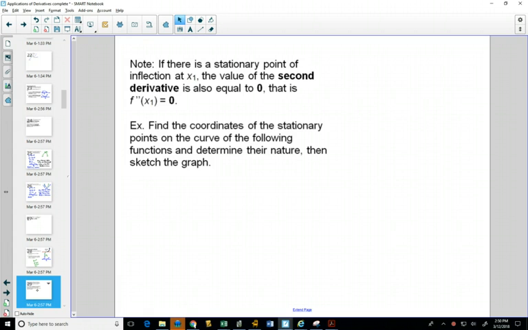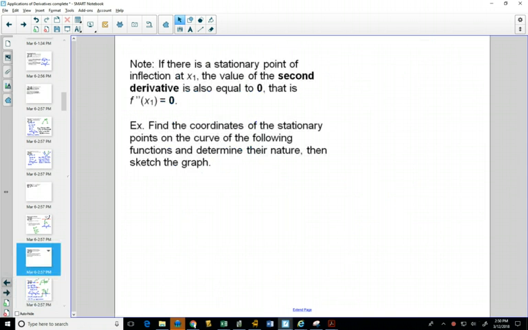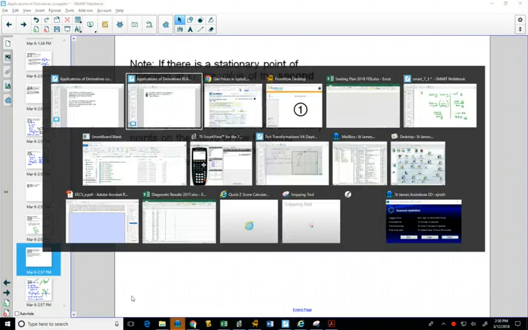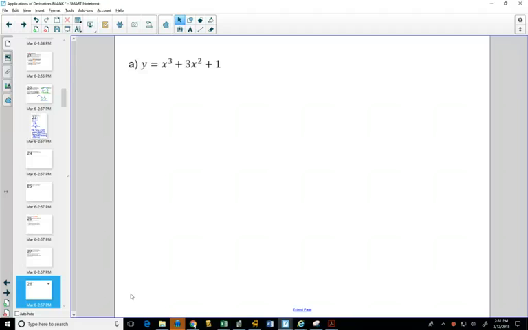So let's sketch a few graphs. Whoa, I didn't want to show you that one. I'm going to go to the other. There we go. Let's do this one together. X cubed plus 3x squared plus 1. So it's an x cubed graph, which might make us think maybe this has a stationary point of inflection, but maybe it has maximums and minimums as well. So starting off this,